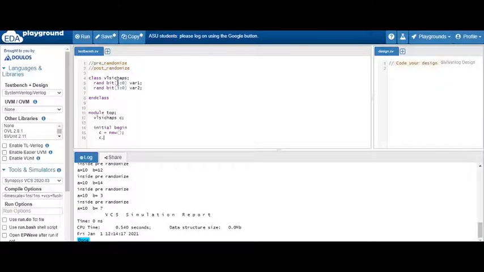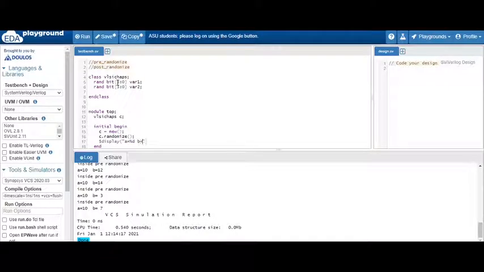So then let's do c.randomize, just revising what we did in the previous video. Then let's go for endmodule. Let's use $display to display the value of a equal to %d. Value of a is equal to, not percentage, sorry, it's %d, where d means it will display your value in decimal format.